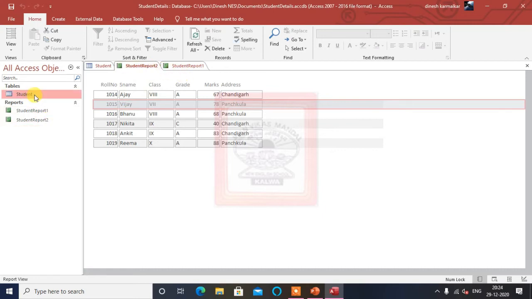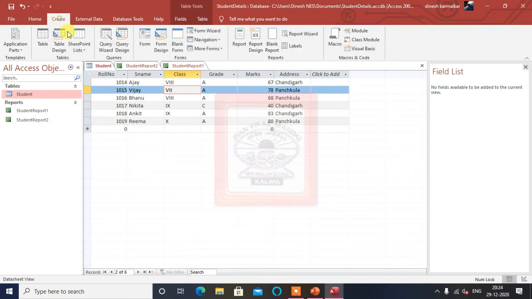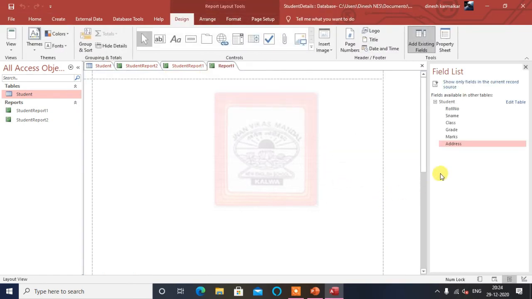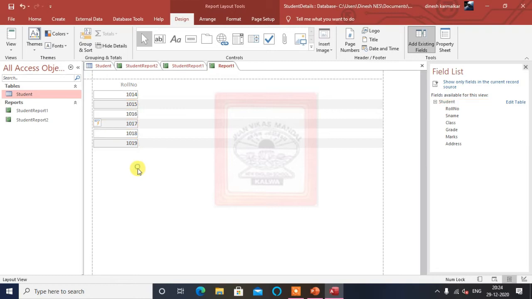With the help of this we will create this in the blank report, and this time I will take only selected fields, like the roll number, which is a must because it is an identifier. And here this time I can increase the width also if you want. You can take a bigger one like this or smaller, whatever you want.